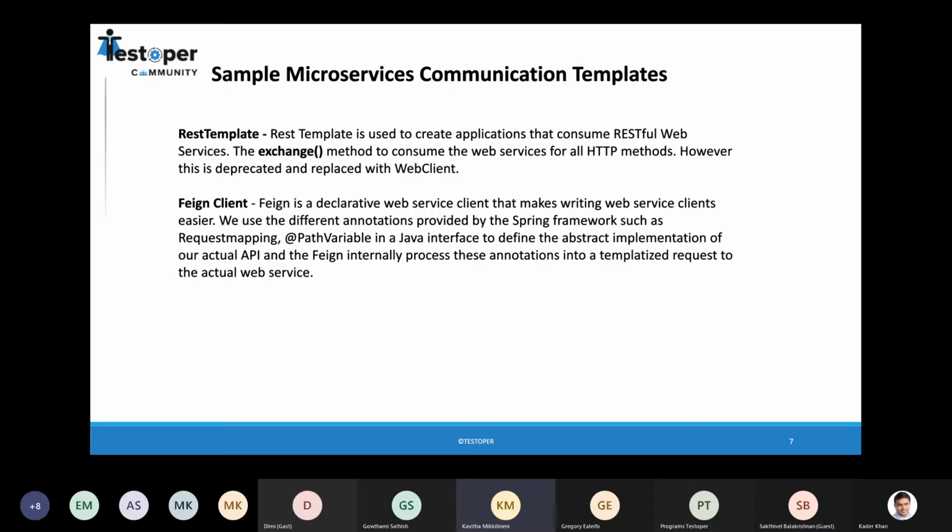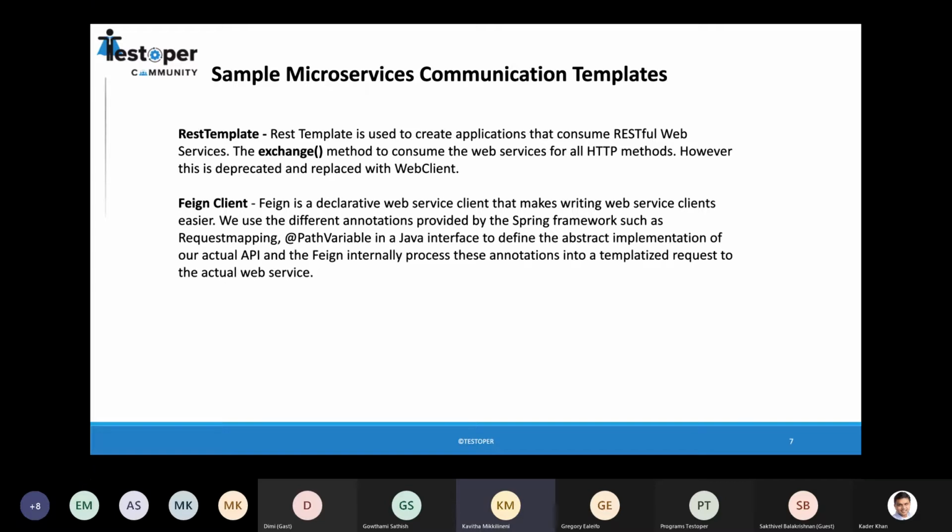With Feign client, we don't have to write all the details of the other service which we are going to invoke. We will expose an interface, and that interface will in turn process the request dynamically.